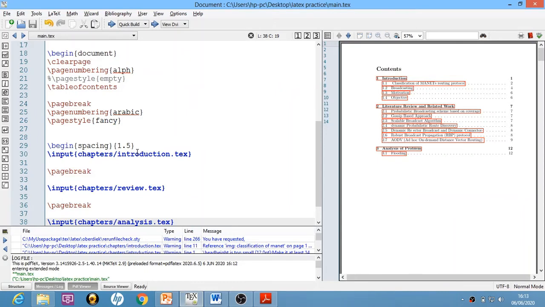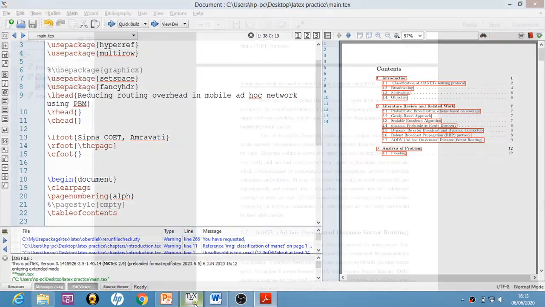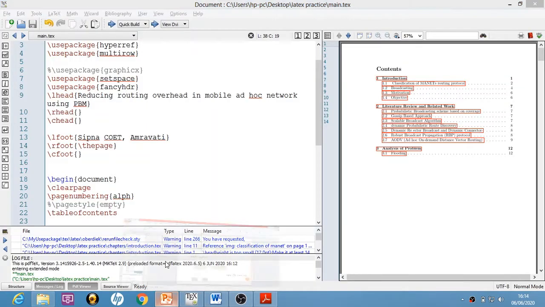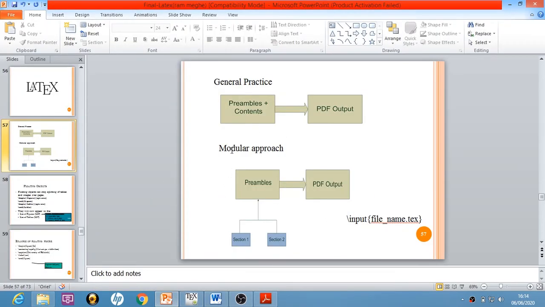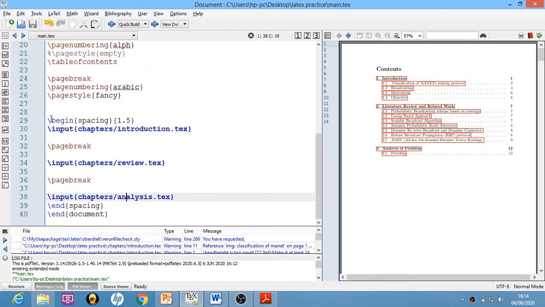This modular approach will help you to maintain your data properly. This is what I would suggest if you are handling a large set of data: create a file and input those files into your preamble.